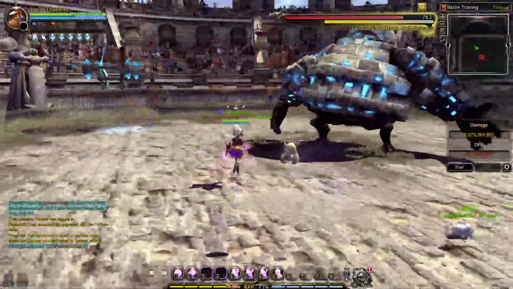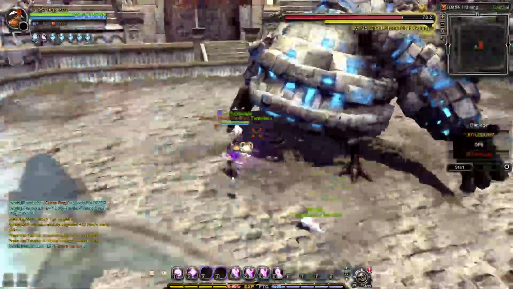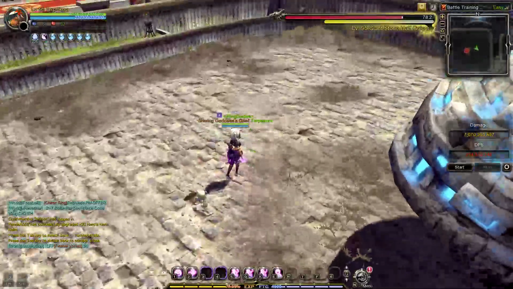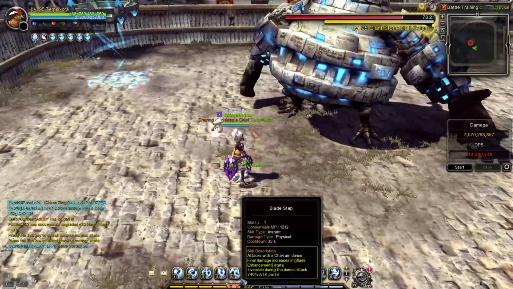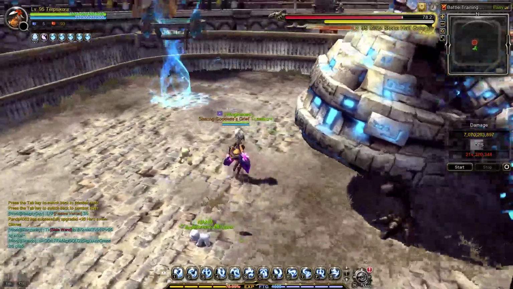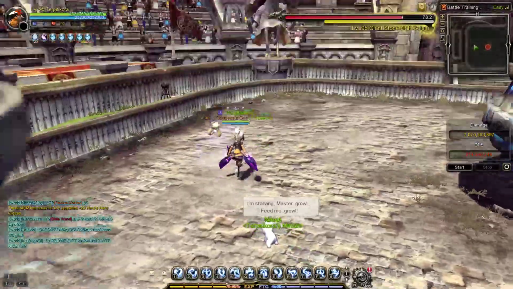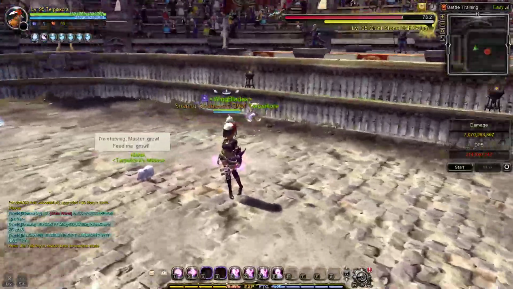Then the next time you get 10 bubbles, you will have the CD reduction. Usually 2 rounds of CD reduction will give you back your main skill CD already. And that's probably only around 10 seconds, according to Squall Faker. Yeah, it's a pretty easy class to play in Golem, but